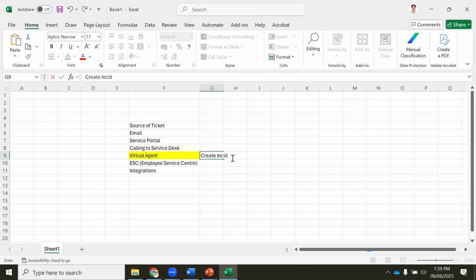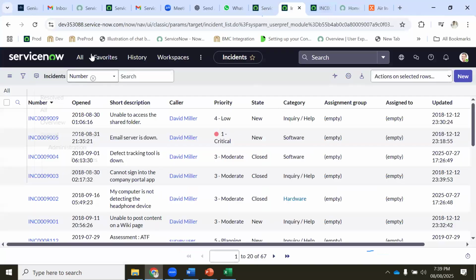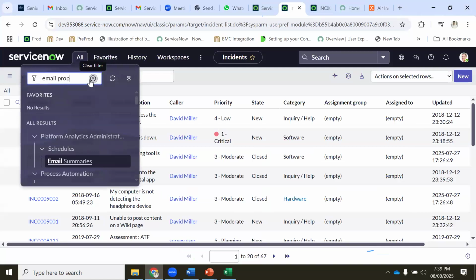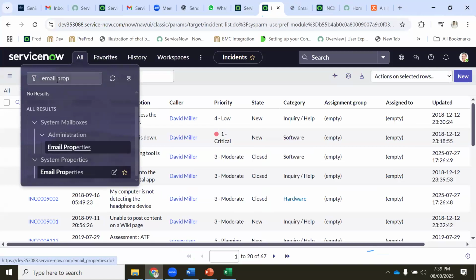Create an incident, correct. Then, if I am sending an email to ServiceNow, where will it go? This is a very important topic, guys, please keep it in mind. Under system properties, email properties is there.